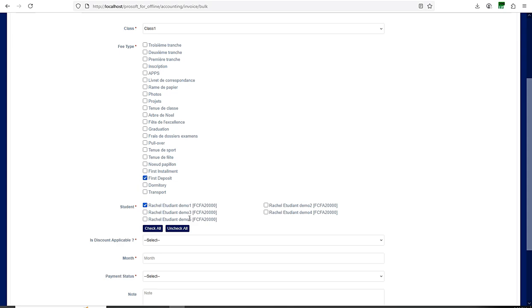I am sure there was a student here who was on scholarship, and there was also a student here who had discounts. So let's just try this one. We'll just try for all of them. Let's just check all. Some students are on scholarship, some students have discounts. Also, we have 20,000 francs that have all been assigned to them. Also, we have to include the dormitory fee. If somebody belongs to a dormitory,